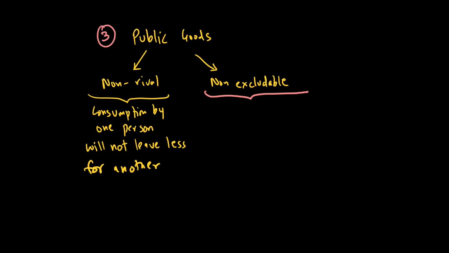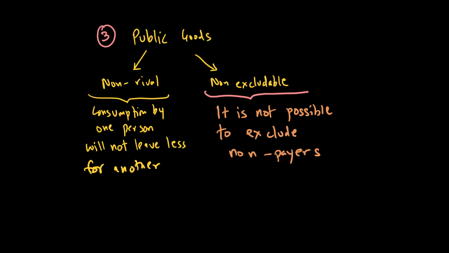Similarly, non-excludable means basically it is not possible to exclude non-payers. Non-payers are those who do not want to pay. So, for example, if one street light is provided, nobody can be forced to pay for it. Once national defense is provided, nobody will be forced to pay for it. And because of this non-excludable nature, although people want this good, people want street light, people want national defense, people want, for example, a lighthouse, yet there is what we call no